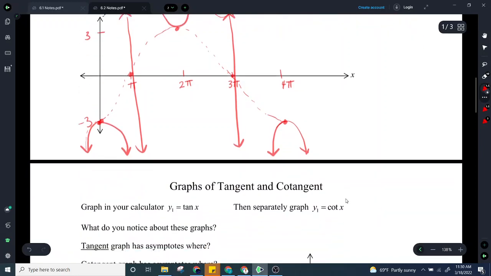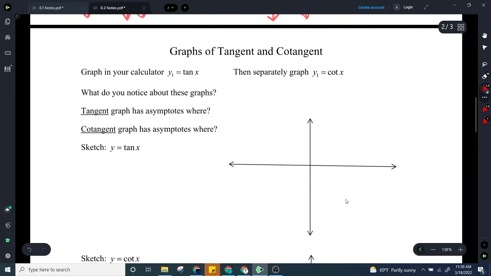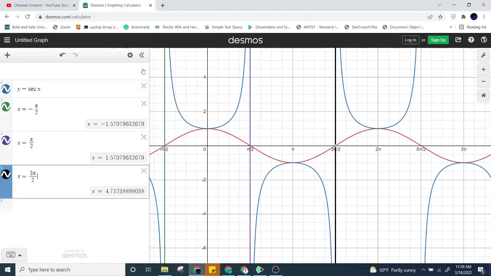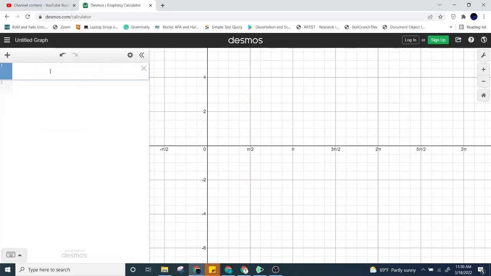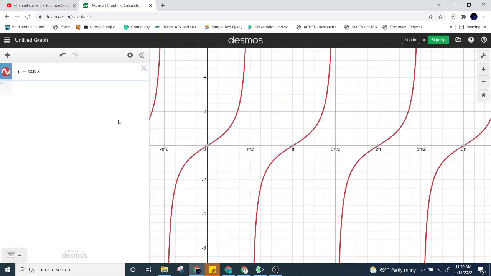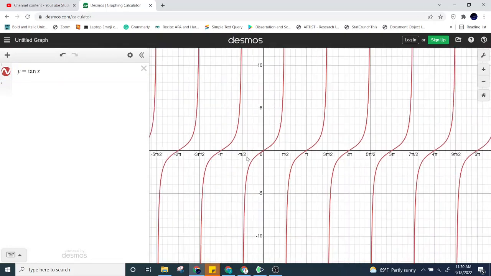Okay. All right, let's look at the graphs for tangent and cotangent. So these graphs are a little bit different. Let me go back to Desmos for a second. Let's just look at the basic tangent graph in Desmos. So let's clear all this out. And there's our tangent graph. So it almost looks like a cubic function, right, where it goes up on the right, down on the left,